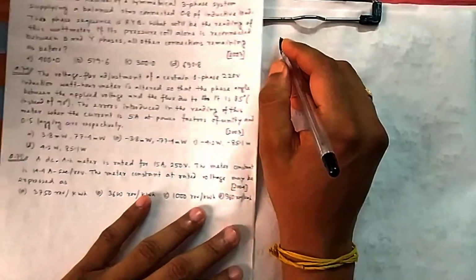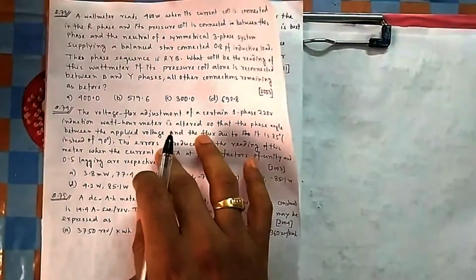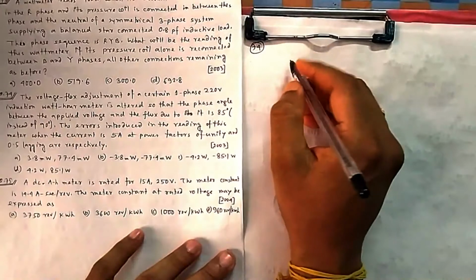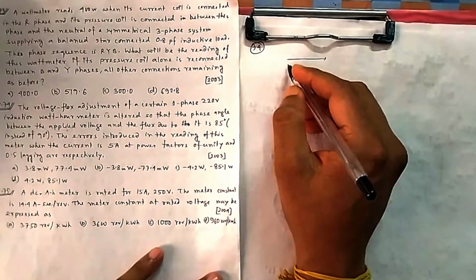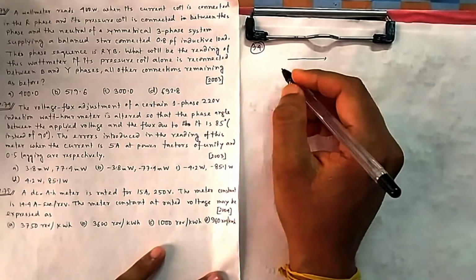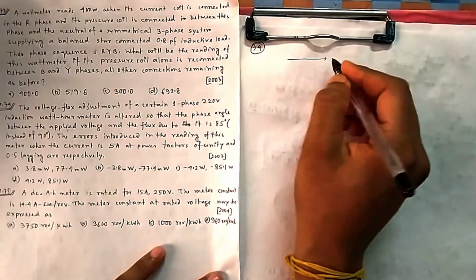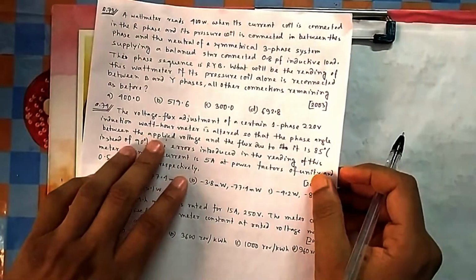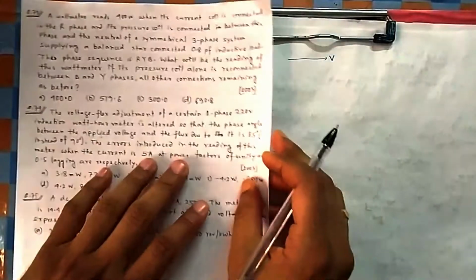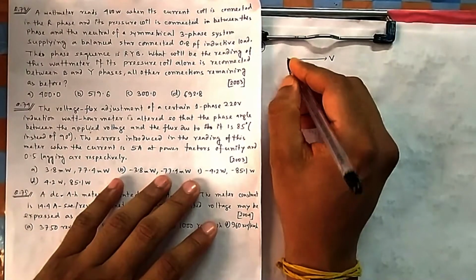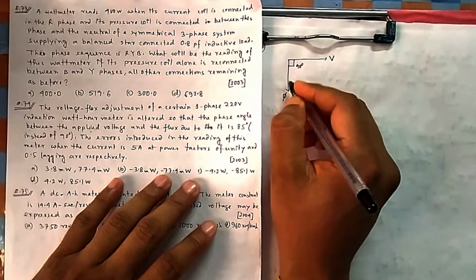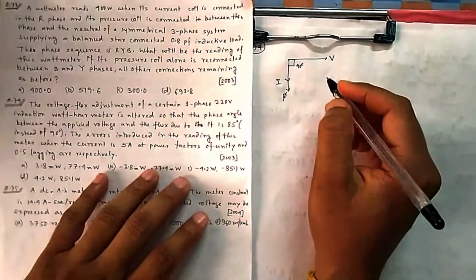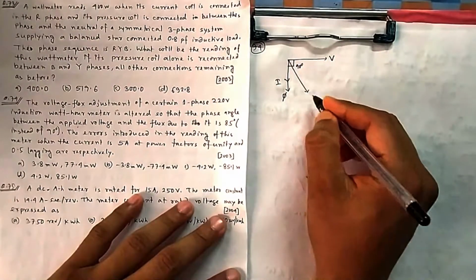Voltages they have given. So for the induction type, I have explained in induction type meters how they work. You can check it out in switchgear protection. I will give a link. It is the interaction between only the currents. Due to this V that you have applied in your voltage coil, there will be a current introduced. Due to induction there will be a flux, which ideally should be 90 degree, and due to this flux a current will be introduced. And suppose your load current is this one.